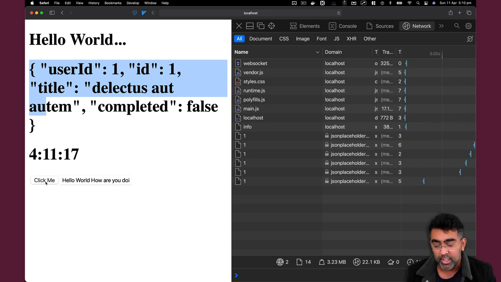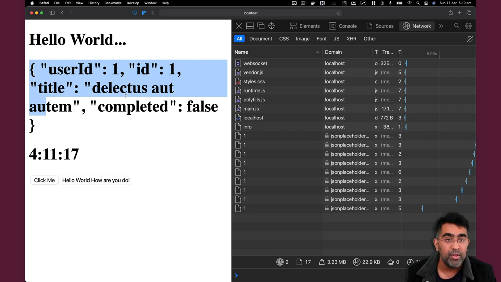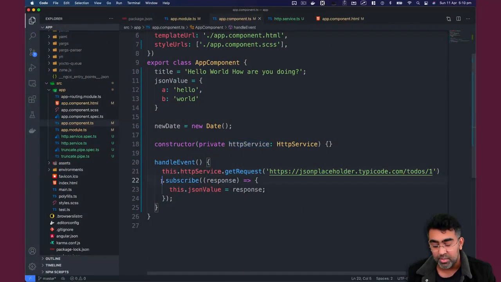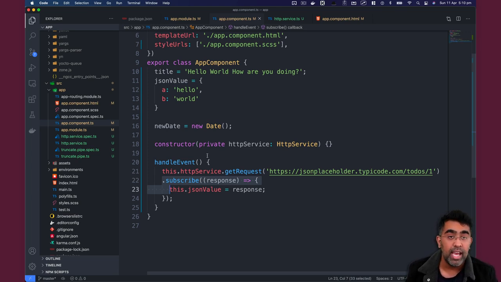So it is not going to change. It is the same value that we're getting. So now you can see you subscribe to it, you got the data, and this is where we have covered the basics of services and dependency injection. We also learned about how we create API calls in Angular. Now it's time for us to look at how we go and explore more and advance our knowledge using